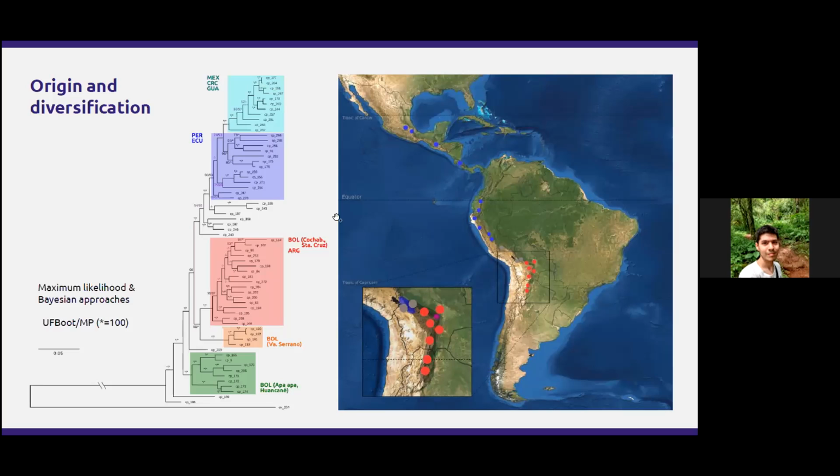All clades in this reconstruction may be segregated in groups corresponding to the genetic clusters that I've just shown, except for samples from La Paz, that are grouped into different positions here, here, or here across the tree, and depending on the settings and the amount of data, their position can vary, and also the support values can vary. So based on this result, the diversification of pubescens can also be analyzed and visualized in a geographic context